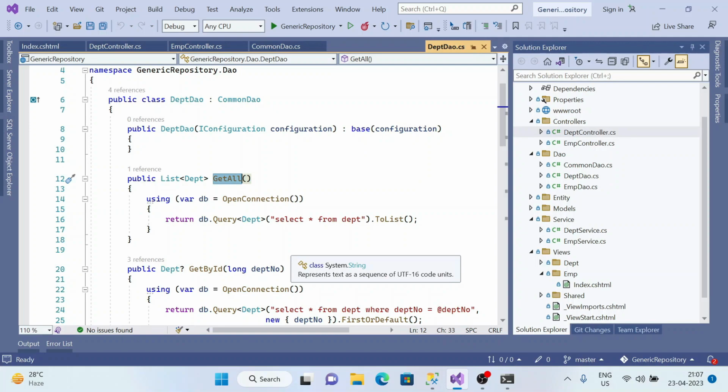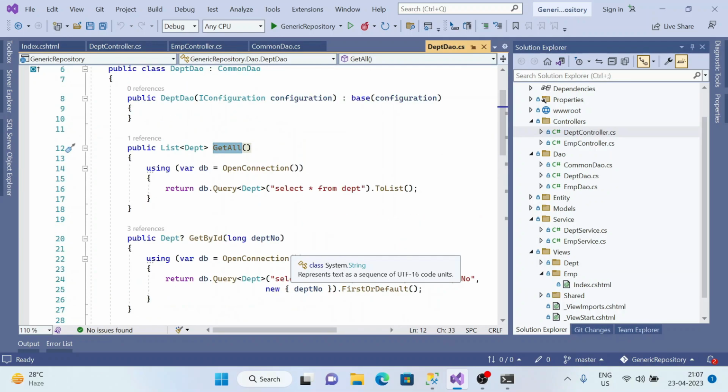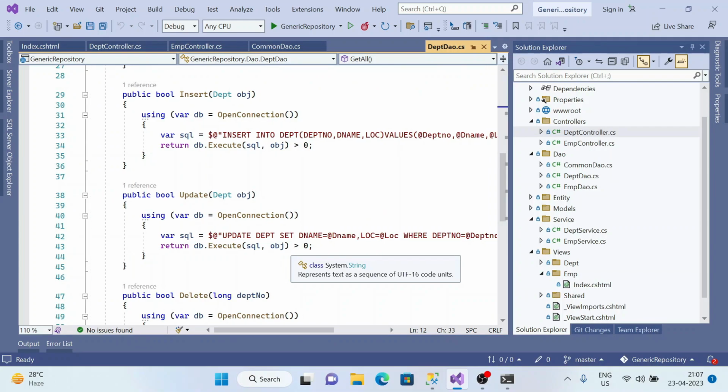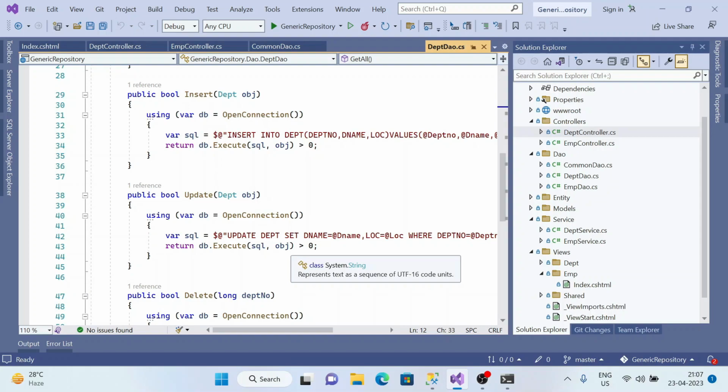So this is how a general setup of a CRUD operation or a DB operation basically happens in our projects. But since we are doing similar operations, like get all, get by ID, insert, update and delete, we can move these logics into a common repository, which we are going to call a